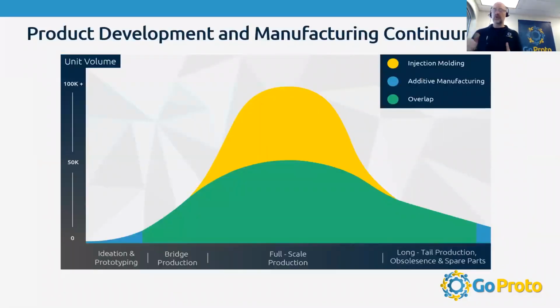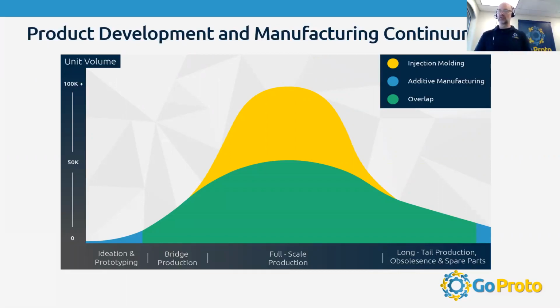And then focusing in a little bit, we wanted to talk here about the same kind of scale along the bottom, ideation all the way through production and obsolescence of spare parts. We're starting to focus in here a little bit more on injection molding and additive manufacturing. Several of you indicated that you wanted to hear a little bit more about 3D printing today. Of course, we advertise that since we do both, we can help you with the blurred line that happens sometimes between 3D printing and injection molding, and sometimes it's unclear what to use when,